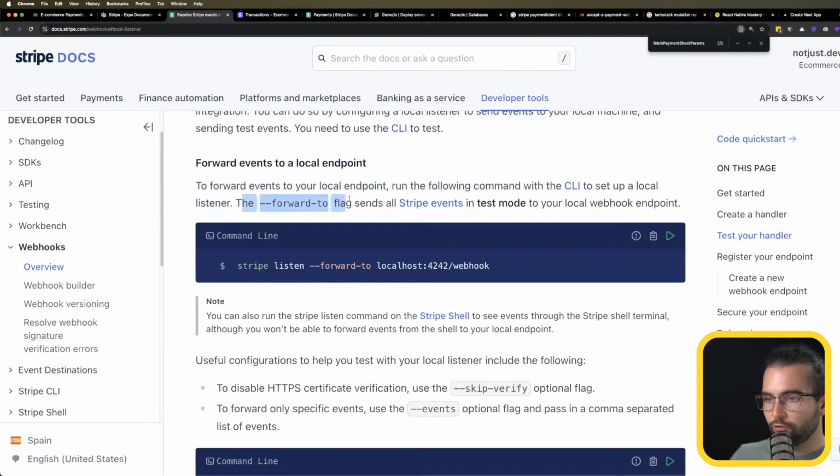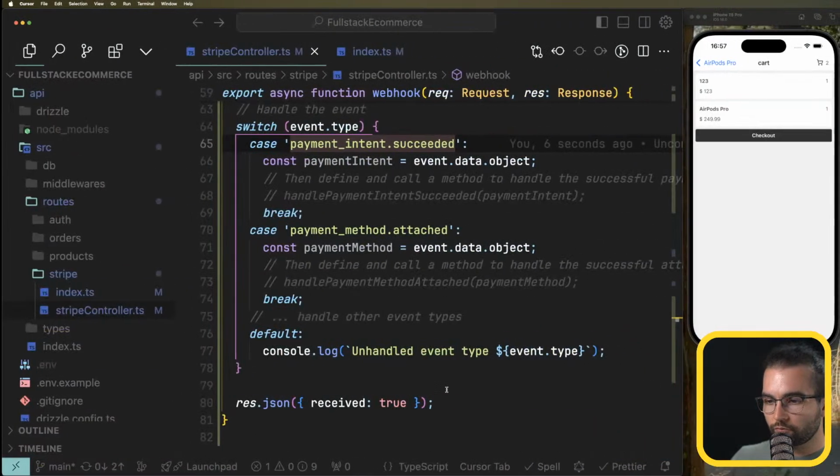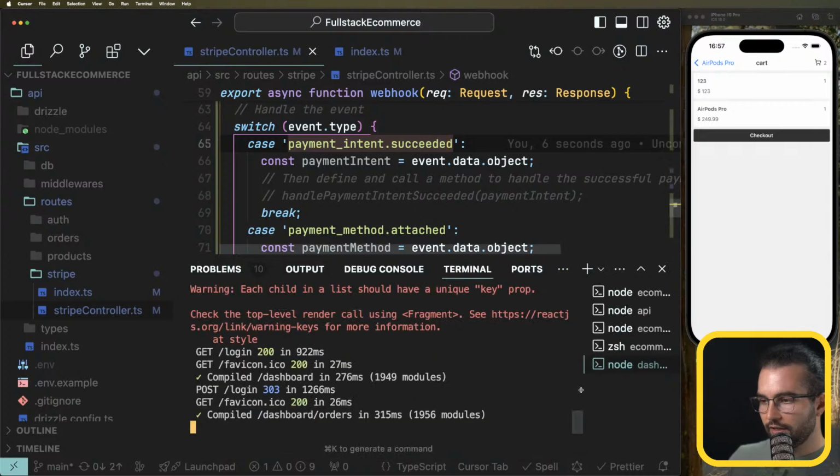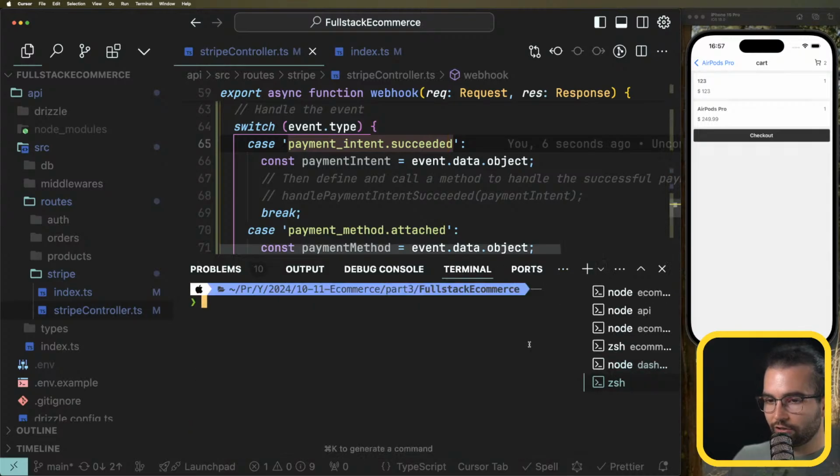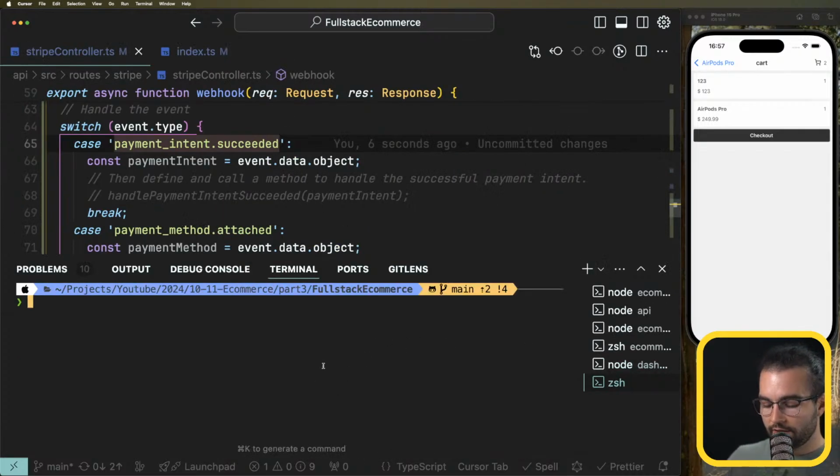The forward-to flag sends all Stripe events in test mode to your local endpoint. So, stripe listen --forward-to localhost and something. Let's try to do that. I think I'm going to use npx stripe listen and forward to... Let's see. Gonna open another terminal, a lot of terminals today. npx stripe listen and forward to